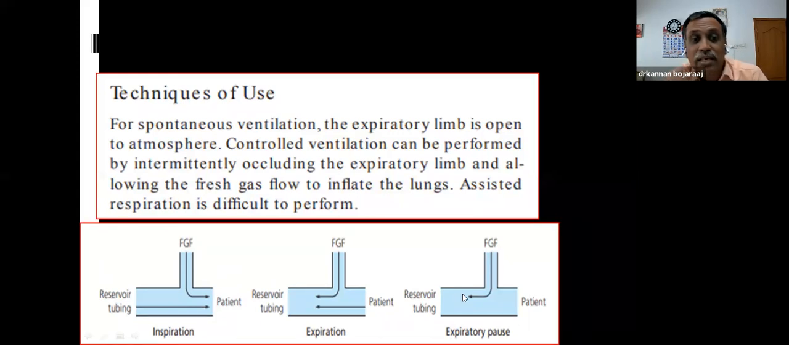But assisted respiration is very difficult to perform. You have to coincide with each phase of the patient's respiration, and according to that you have to occlude and open this reservoir tubing, which is a very, very tough job, and it is not at all clinically practical in assisted respiration. Okay,